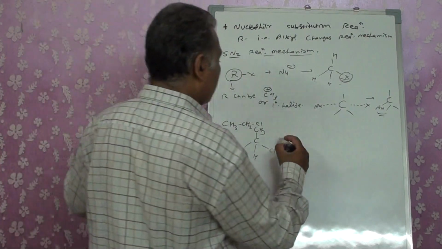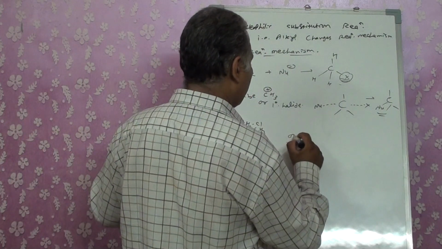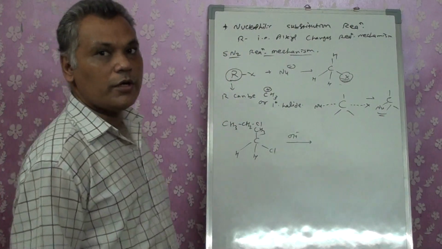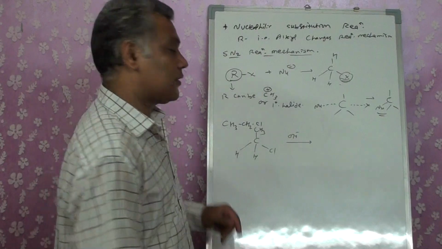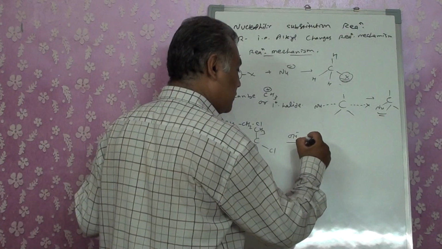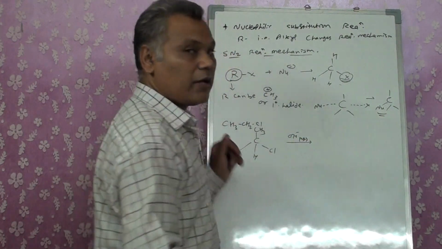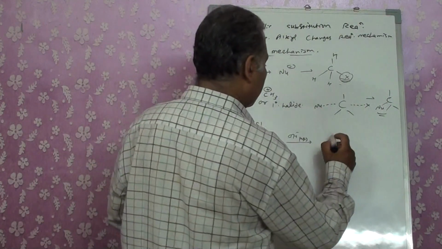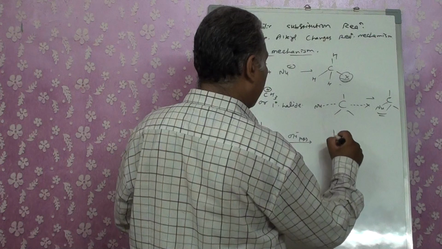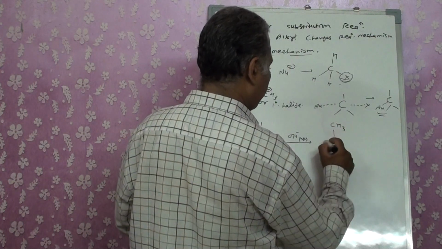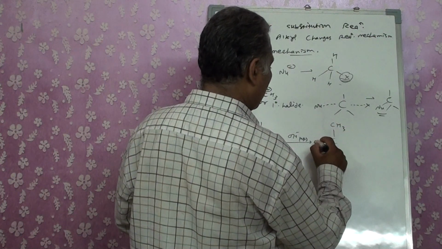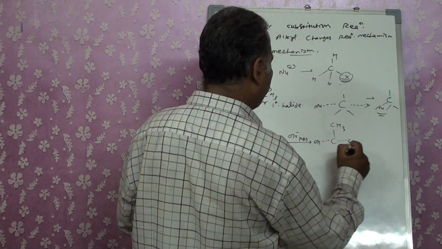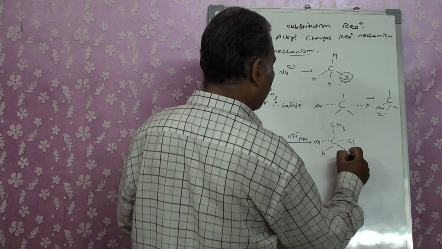Now in it, if I am adding OH minus, either as NaOH or KOH, in an aqueous condition, that is a must, remember it should be an aqueous condition. OH minus comes. So at that time what will happen? An intermediate of it forms, OH minus enters. At the same time, Cl is removed.